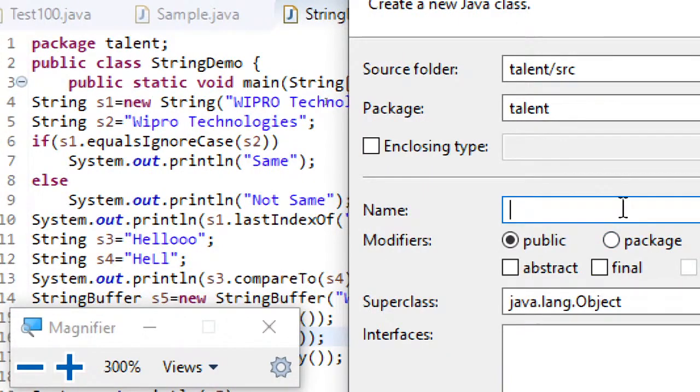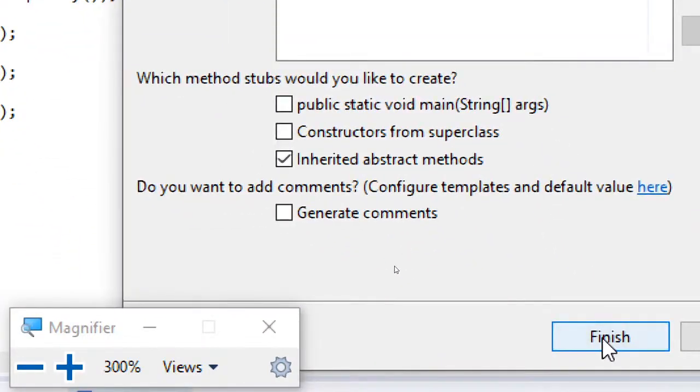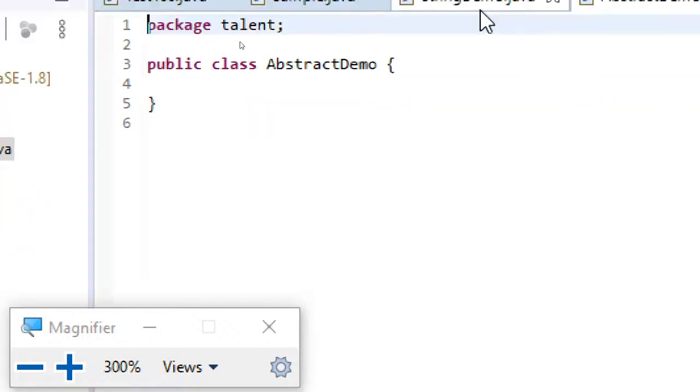I'm naming this class abstract demo, and let me click finish.